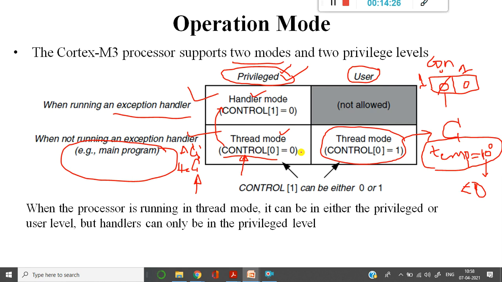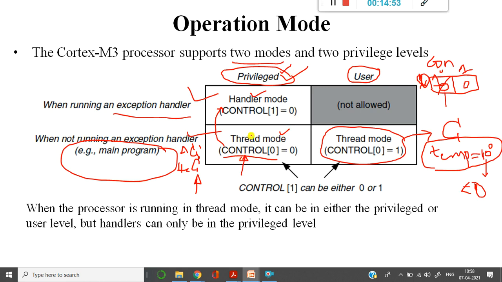The processor is doing a higher priority job as compared to user level, hence control bit 0 will be 1 by default. Later on it will change to 0. 0 indicates now control is given to privileged mode.